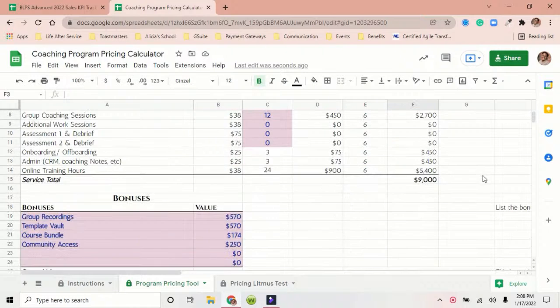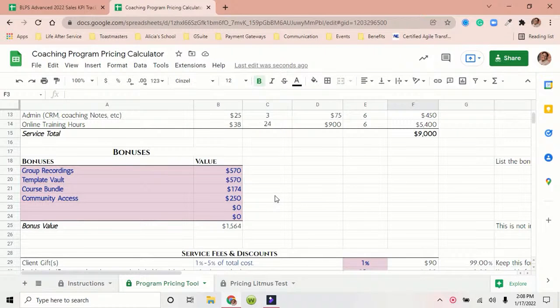Okay, so now let's move on to bonuses. Remember, bonuses, you want to put the value of the bonuses, but bonuses come with the program for free. Okay, they're an additional gift to the client for paying for your program, and they're usually items that you don't have to do again. Like you don't have to continue to work with them for them to use the bonuses. So they're like courses, recordings, templates, access to something, whatever it is. It's something that you don't have to continue to put your hands on over and over and over again. Okay,